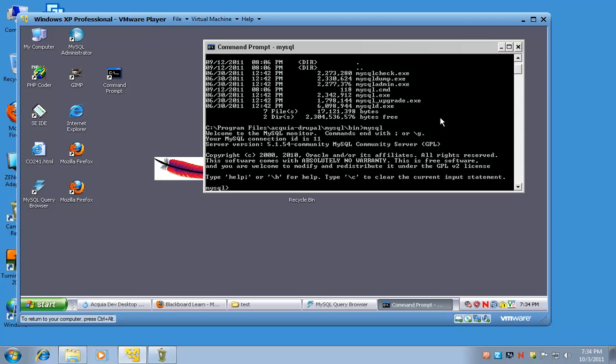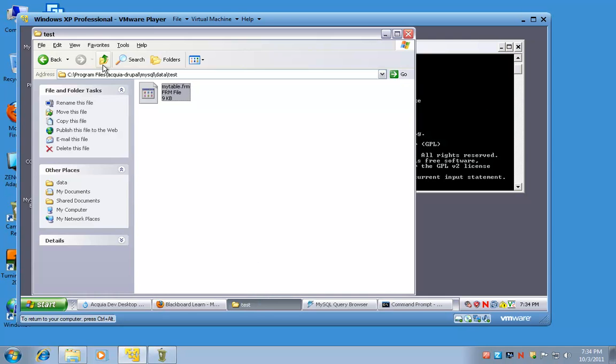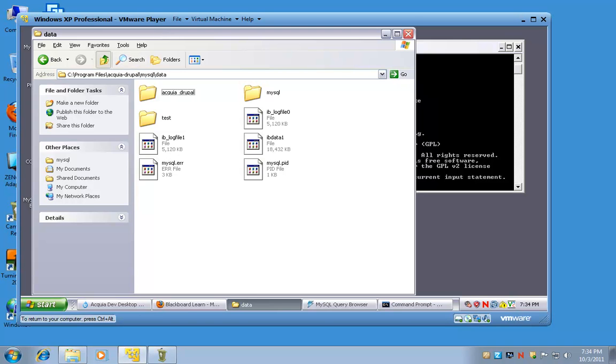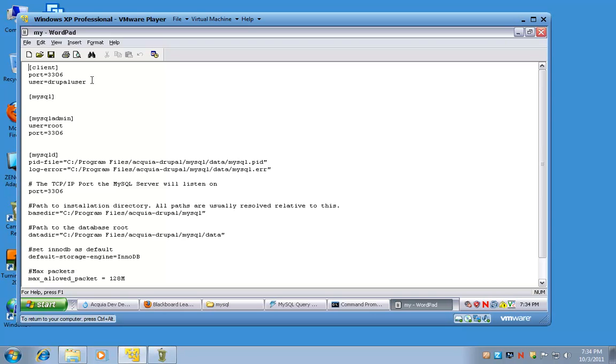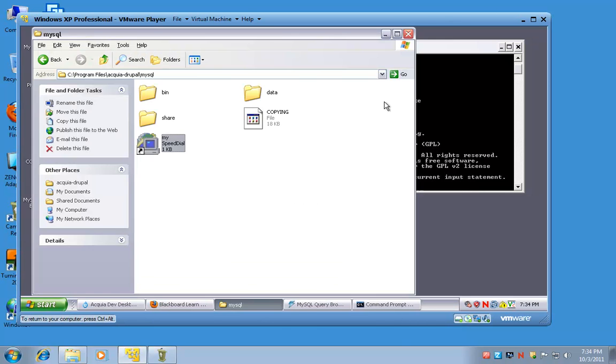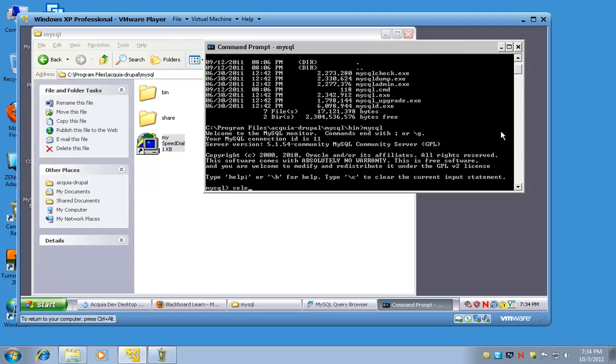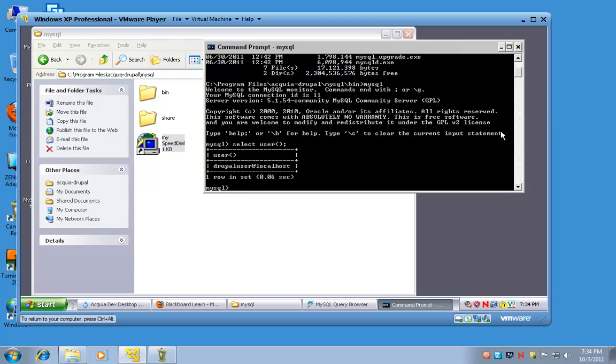It does that because of this config file that we just looked at a minute ago. It says, okay, when the MySQL client starts, use Drupal user. And it so happens that Drupal user doesn't have a password on it. And I could say something like select user, and it says, oh, Drupal user is the one that you're logged in as. So I will type in quit,